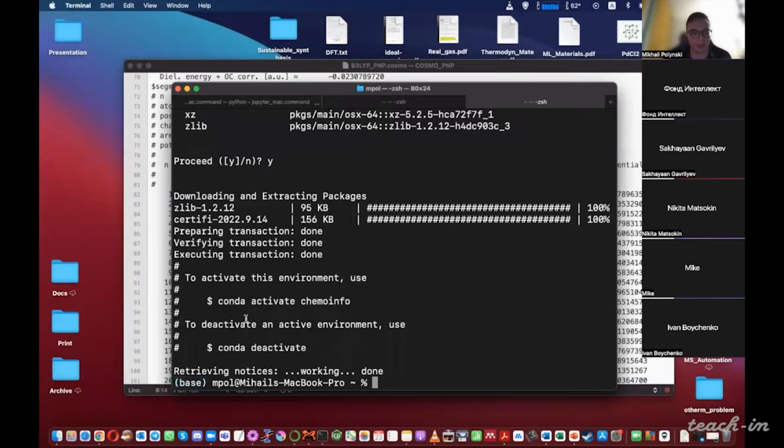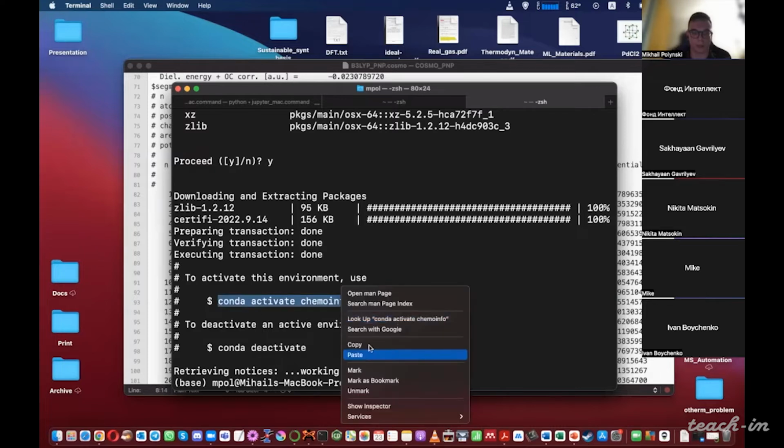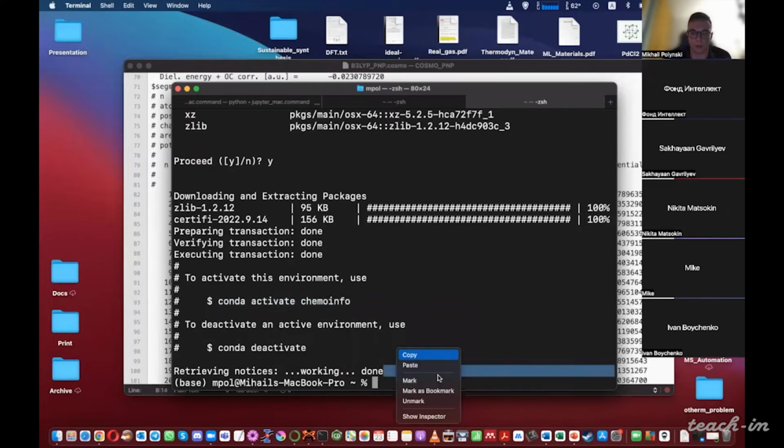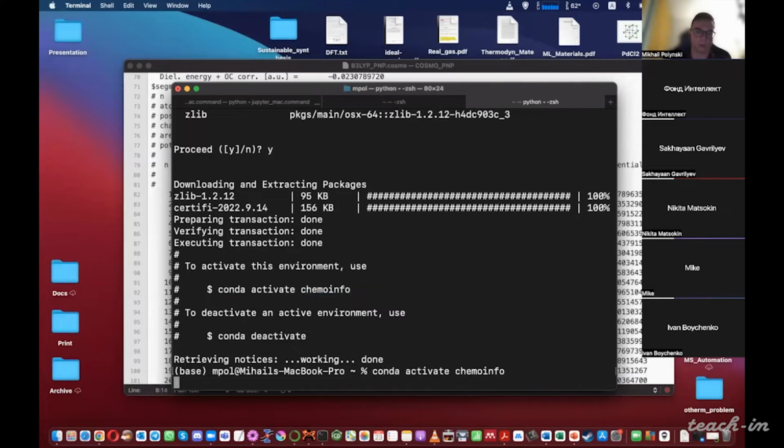However, I can activate the environment I've just installed. So we copy and paste the command, and now we see that we are in a new environment.